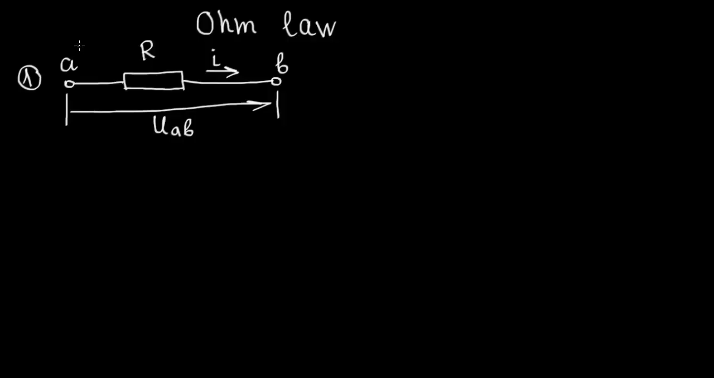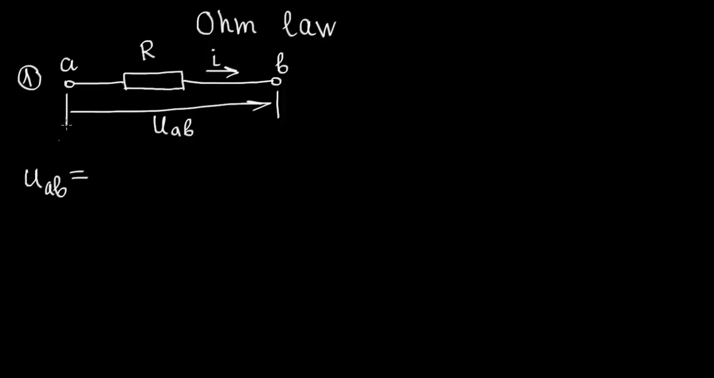Hello everybody. In this video let's write down the convenient form of Ohm law for some branch of electrical circuit. Let's start with the simplest case. We have only a resistor, ideal linear passive element, for which we may write down